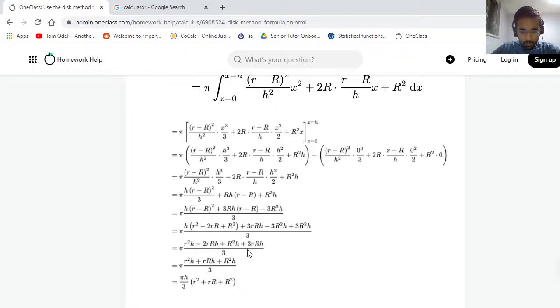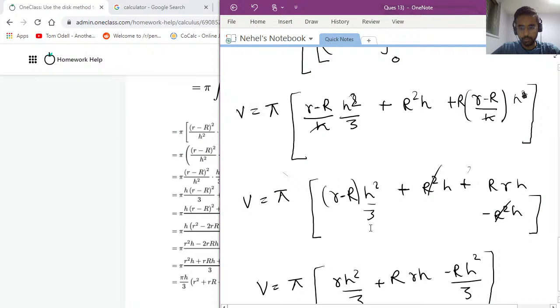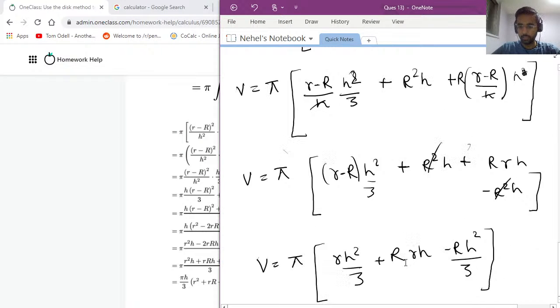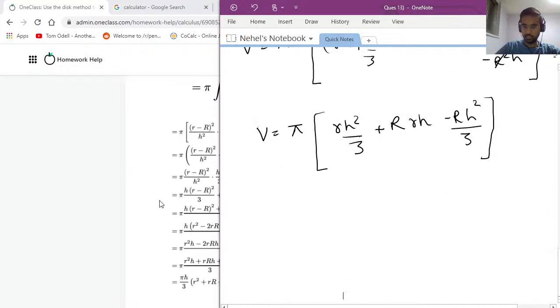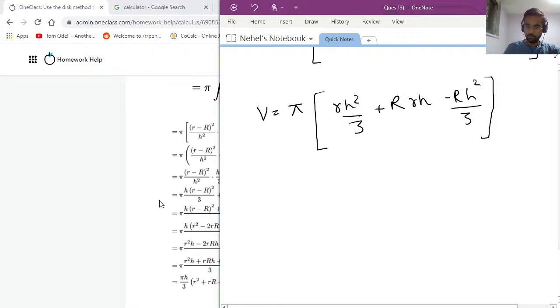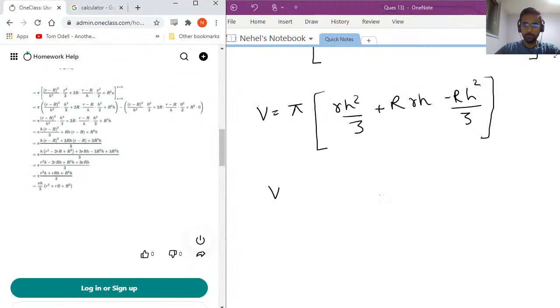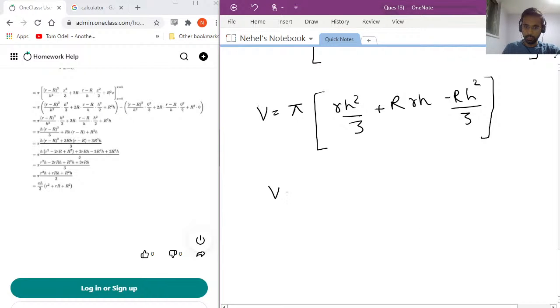Where did the RH term get 3 from? I see. So they have just used overall multiplication. I see. Okay, so the final answer is correct in their case as well. What they have shown, essentially what they've done is they have further simplified this expression, saying volume is nothing but, if you were to take the overall sum, you would get pi